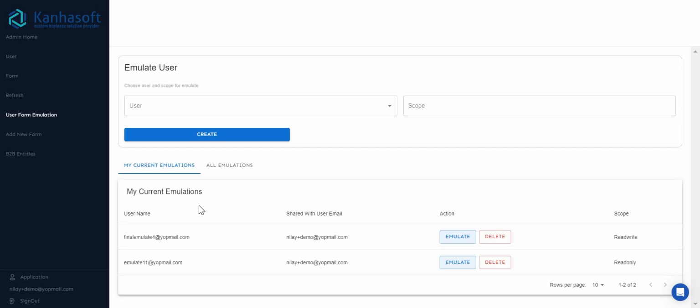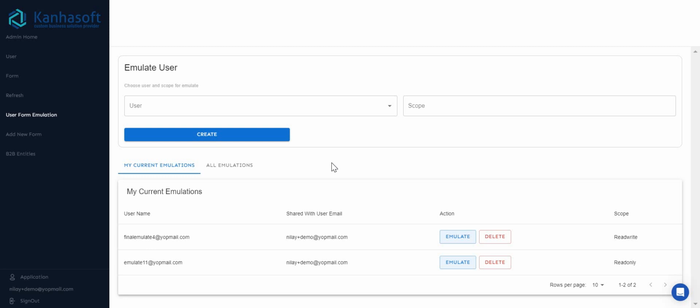In that case, he can contact the admin, and through this user form emulation screen, the admin can directly get read-only or even read and write access to that particular user's